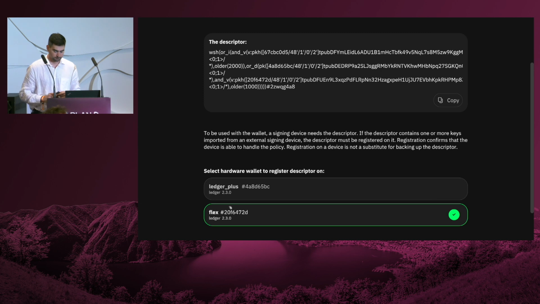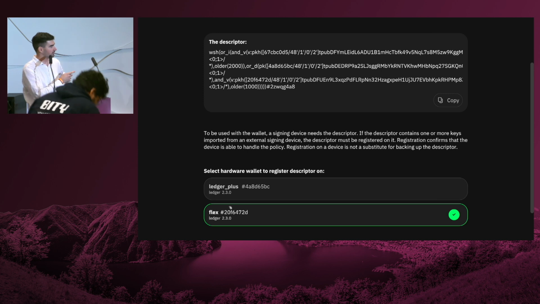Another question regarding the descriptor. Let's say two people I trust know my watch only, so they have my XPub. Can they derive a descriptor, or is it also essential to know the block? You need to know this exact configuration. You can create a descriptor, but if you change something, it will derive differently. It will not be able to find your funds.